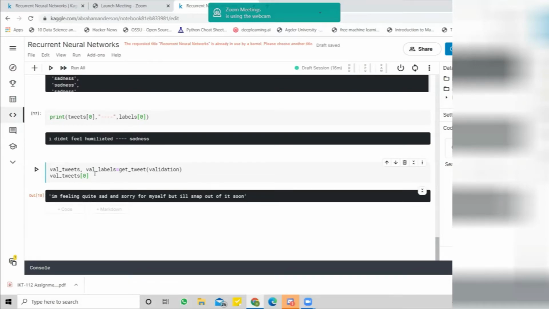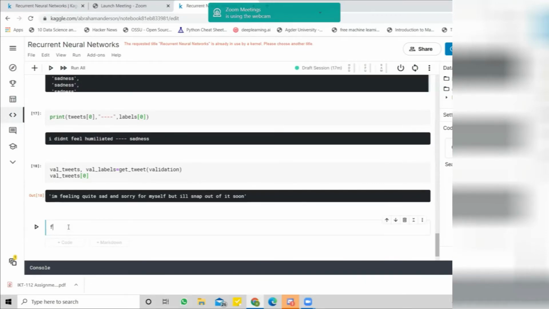Yes. Now the second step is, as I said before, a normal machine learning algorithm will not understand words, so we need to transform these words or these tweets inside the data into numbers, right? But we will not do it personally, because there are very good libraries inside TensorFlow which have already been written by the developers.